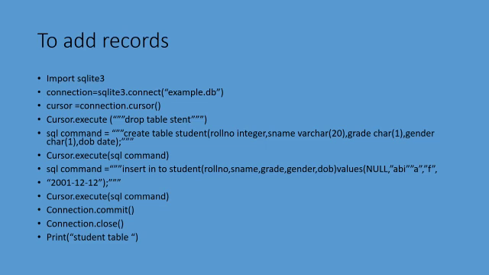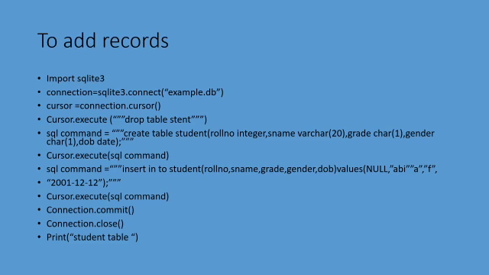Next, I am going to create a table student. So I have given cursor dot execute drop table student. What is the use of drop? The table will be deleted. Suppose initially, if you already created a table with some records, I am going to start freshly, so I can give cursor dot execute. It is an important thing to execute the SQL command. Cursor dot execute drop table student. The table will be deleted.